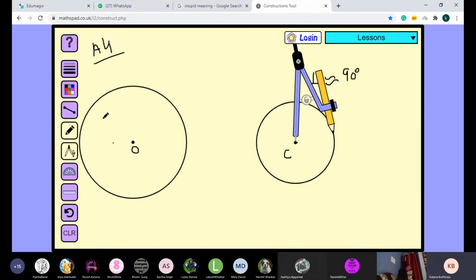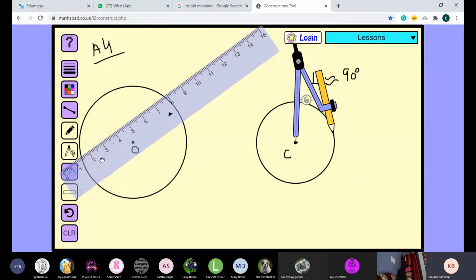Next step is very important. After making the two circles, now listen to me first. When it is said to draw non-perpendicular, for the non-perpendicular case, you will keep the scale such that your lines are not passing through the center. Now you can see that I have kept the scale such that my line is not passing through the center. Is this point clear?